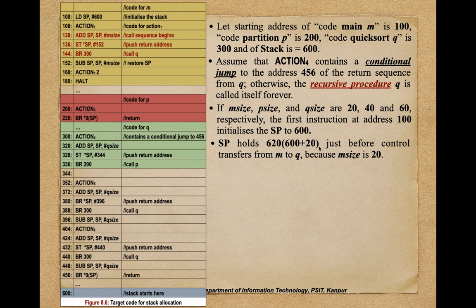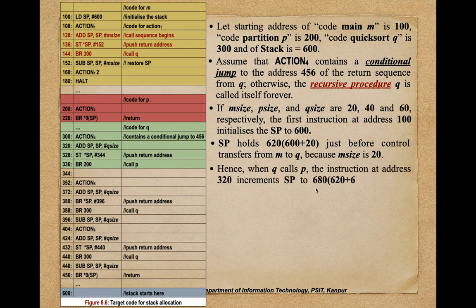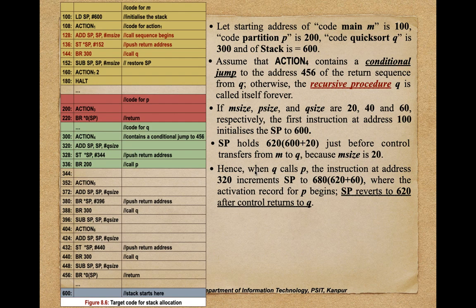सो अब इसके बाद अगर हम लोग देखते हैं SP holds 620, that is 600 plus 20, just before the control of the M to Q, है ना। सो M से जब आप Q पर अगर आप जंप करते हैं, तो इसके कॉल करने से जस्ट पहले ये क्या स्टोर करेगा यहाँ पर, एक तरीके से 620, SP की जो वैल्यू होगी वो 620 आपका होगा। क्यों? क्योंकि जो इसकी जो साइज़ है वो है 20, तो 600 प्लस 20 that is 620।